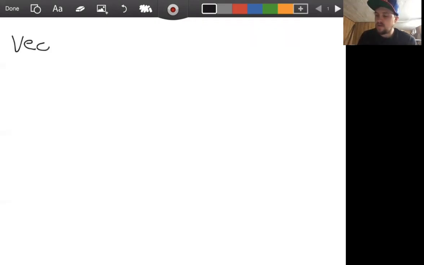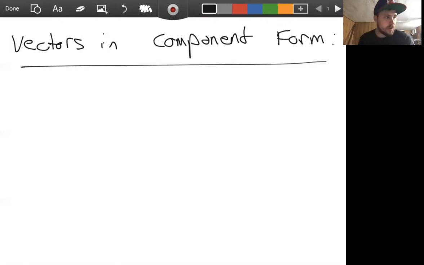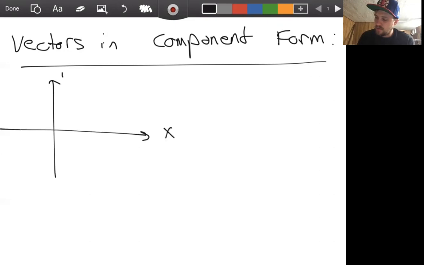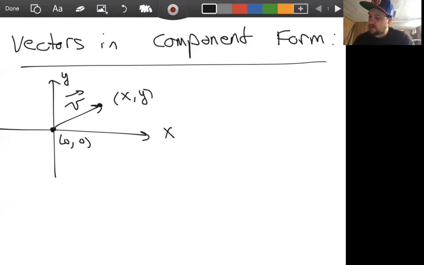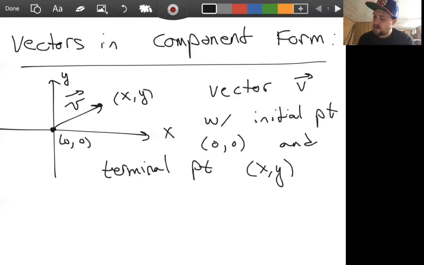So let's look at vectors in component form. Okay. So let's recall that we have, let's say we have just in the xy plane here, let's say we have a vector v with initial point at the origin, some vector v here. And let's say this has terminal point (x, y). Okay, so a vector v with initial point (0, 0) and terminal point (x, y) is expressed